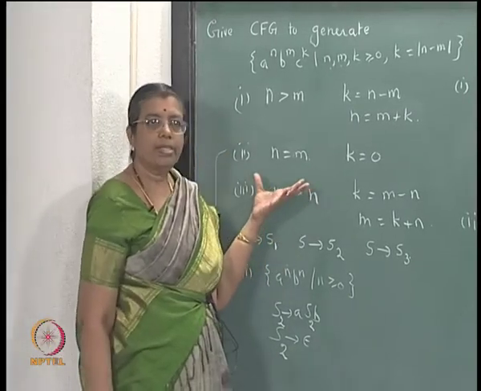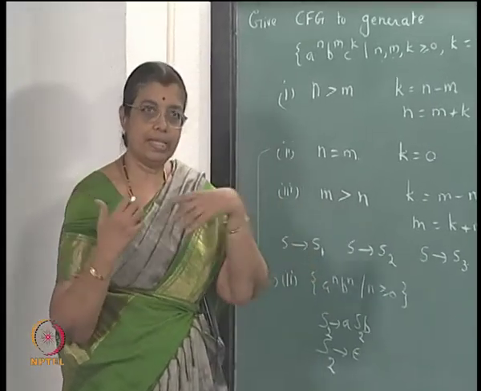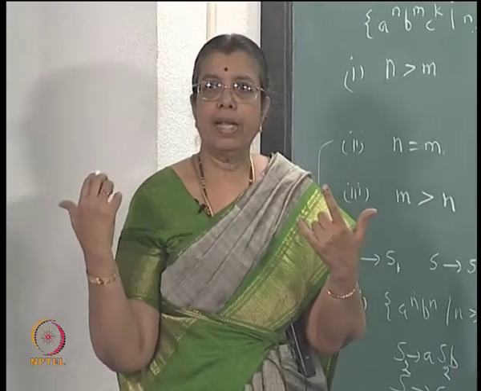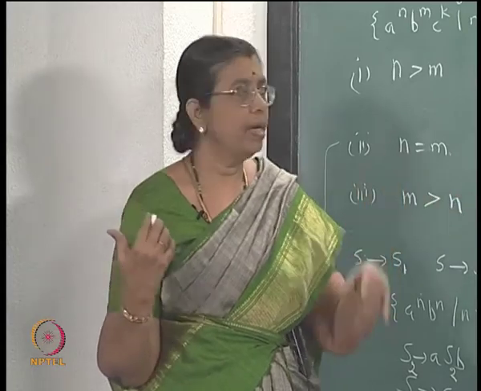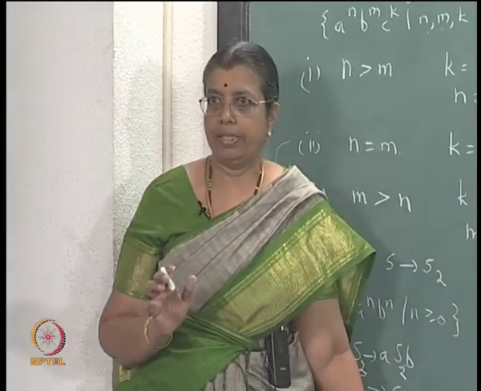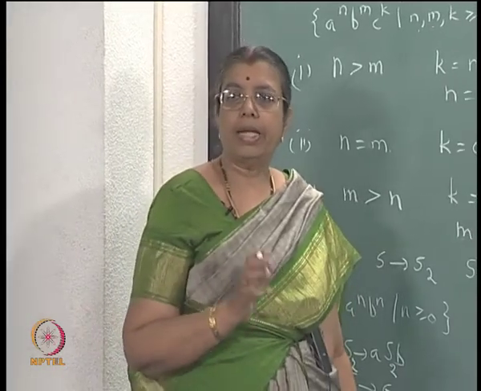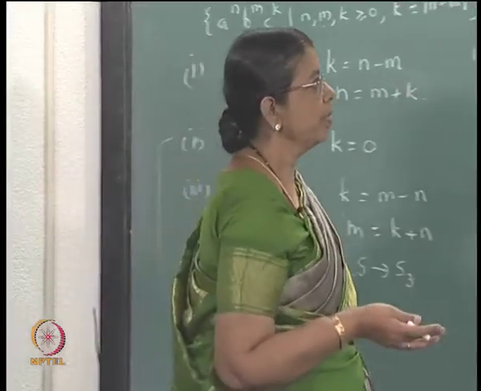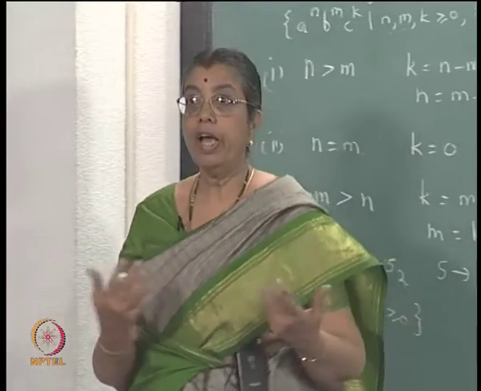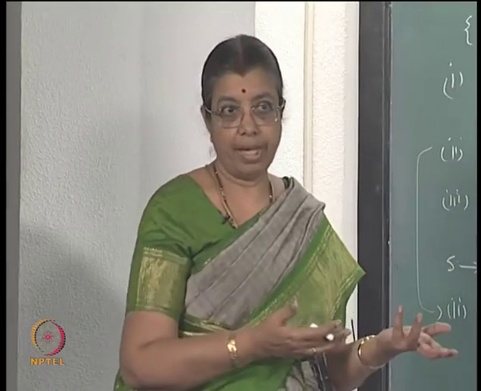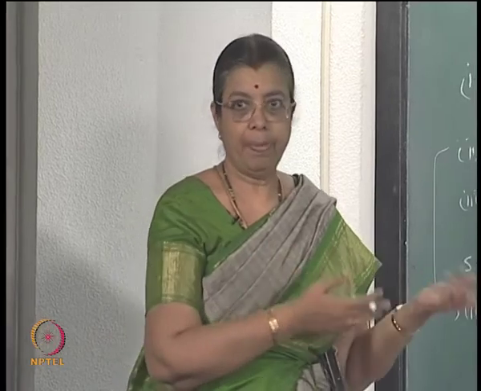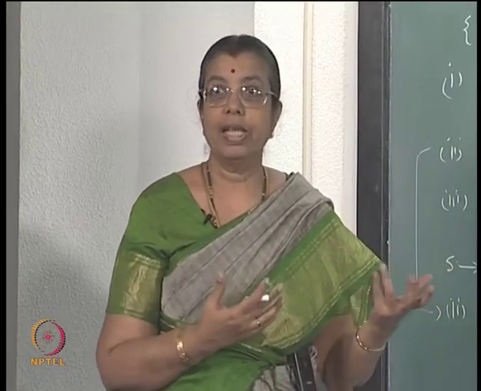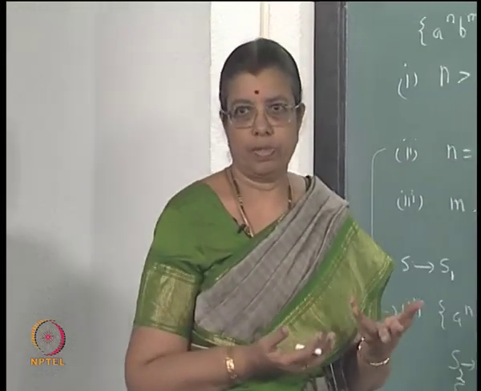The main thing to understand is, when you want to generate something on this side and something on this side, use a linear rule. So that keeps count of something occurring on the left hand side and something occurring on the right hand side, and that is possible in type 2 grammars, in fact linear grammars. It is not possible with type 3, and it is not necessary to go to type 2. When you have 3 of them, to make 3 or 4 of them equal, like A power n, B power n, C power n, or A power n, B power n, C power n, D power n, something like that, when you want to keep an equal number of 3 or more things, then you require type 1 rules.